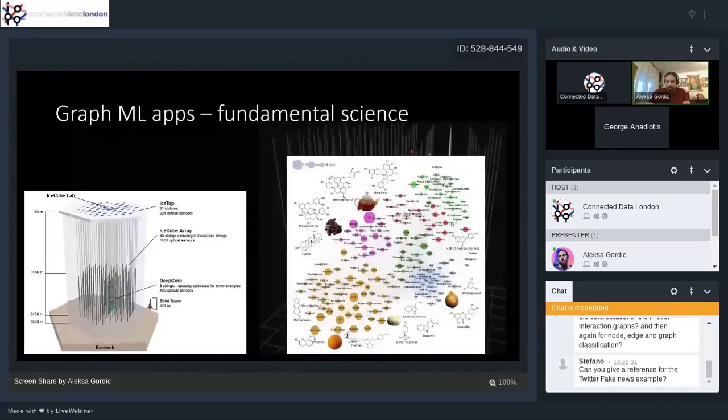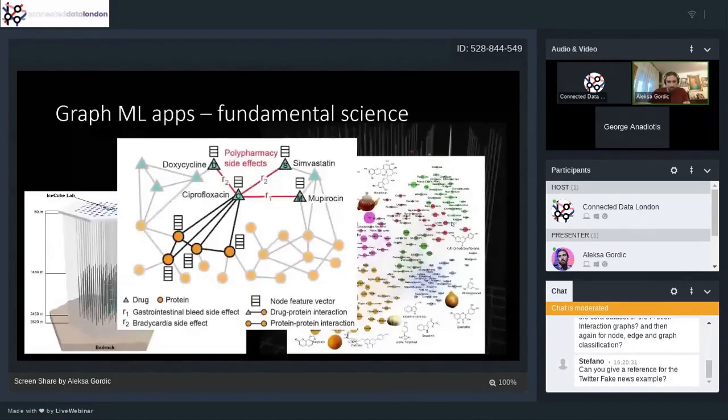There is one more example with cancer. That's all interesting. I'll have to speed up. I don't think I'll have time to tell you about everything, but this one is really interesting because they're doing a multi-relational regression. You have proteins and you have drugs. The triangles are drugs, and the proteins are yellow circles. Applying a graph neural network, you can take two drugs, C and triangle S, and ask whether a certain side effect is present or not. Again, you have a number between 0 and 1. The neural network can regress those numbers, and you can answer a really important question: whether there is a side effect if you combine two drugs.